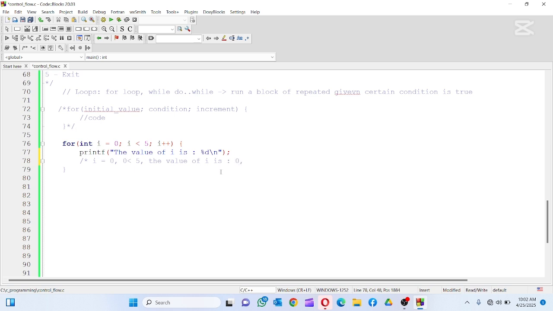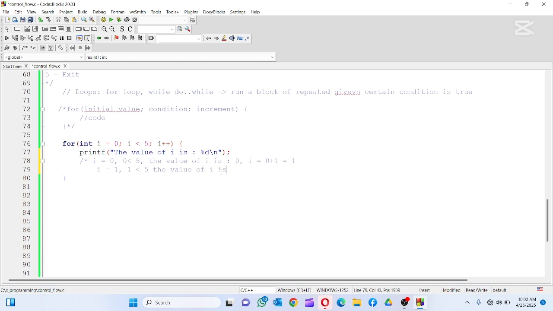And then after that i will increment from 0 plus 1, so i becomes 1. So it will execute the second time again. Now when i is 1, is less than 5, then it's going to print out the value of